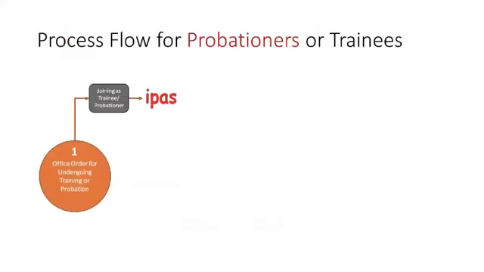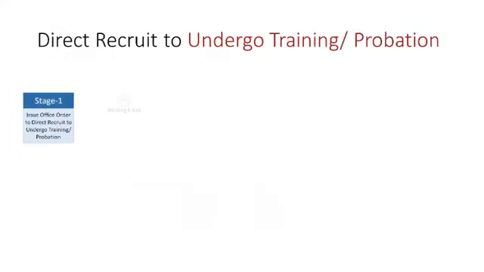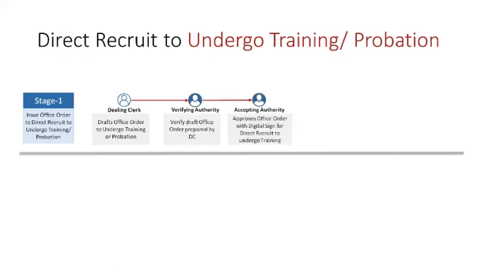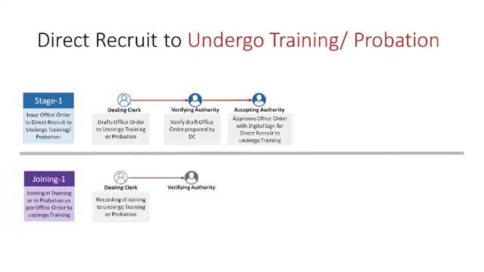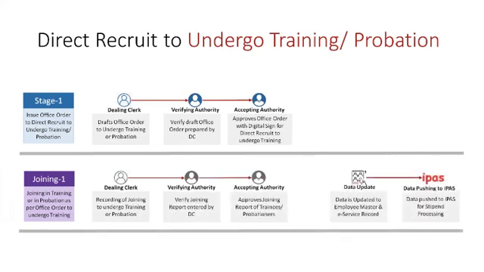In case of probationer or trainee, this is a two-stage procedure. The first stage is where he joins the training, and the second stage is where he joins after training on a regular post. Again, it is a 3-stage process, DC, VA, and A. In the first stage, where he is to be sent for training, the order is to be issued, and then he joins at his place of training. It may be JTA, RI, or for officers, it might be Nair or Masuri, whatever the date would be. If we are issuing the order for the same, or else we simply take those orders into our account, once the date is available to us, through DC, VA, and A the date is mentioned and our data is updated. That's how it goes.